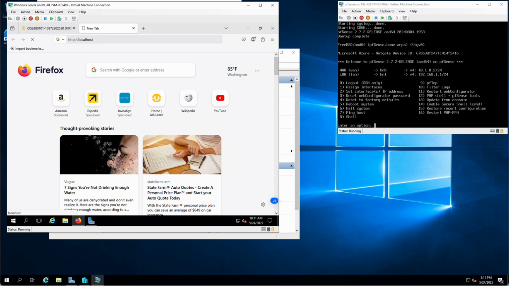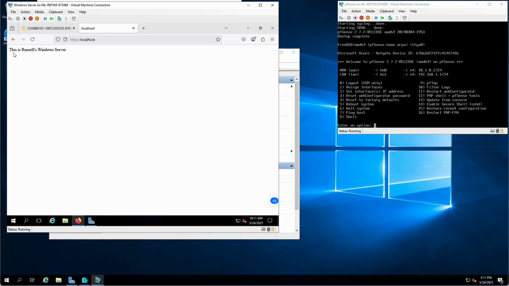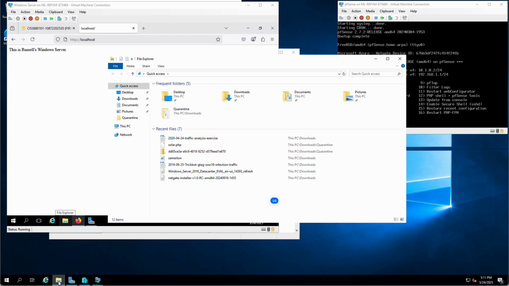Localhost means I'm accessing the current document, and notice here this is Russell's Windows server. Now here's also what I'm going to do. Now that I know this very clever thing, I'm actually going to flip over to my Azure machine. So now I'm in the Azure File Explorer. I'm also going to go to my c:/inetpub